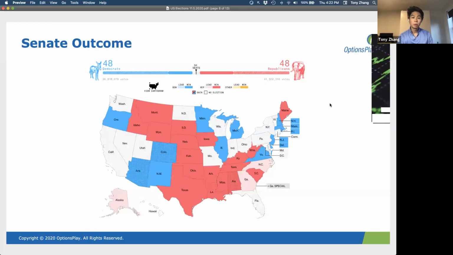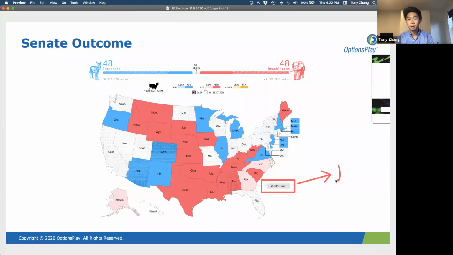What I think is more important than the presidential election from a markets or investment perspective is actually the outcome of the Senate. Right now, the Democrats are not doing as well as perhaps they were hoping to do. And certainly the probabilities were skewing towards a Democratic sweep. So far, we have not seen that. It really comes down to Georgia right now. There are two seats up for election in Georgia, both of which have not captured the 50% minimum that was needed in order to secure those seats, which means that those seats are going to be pushed out to